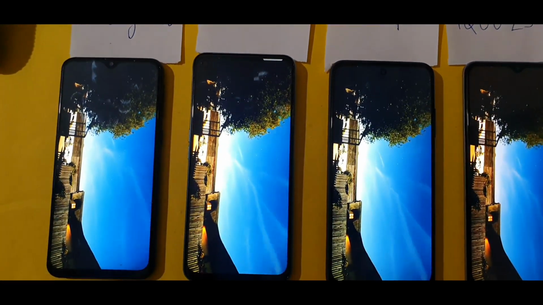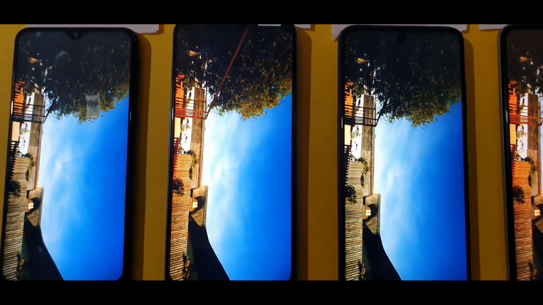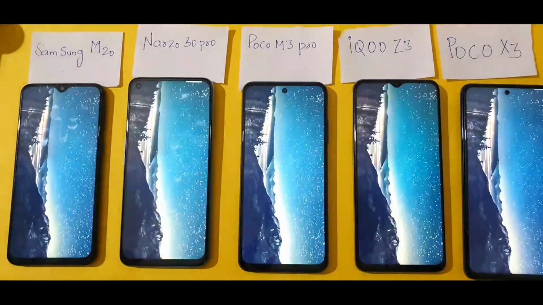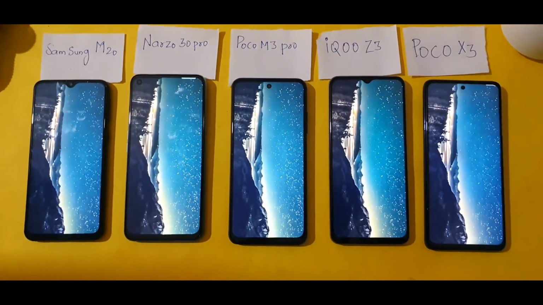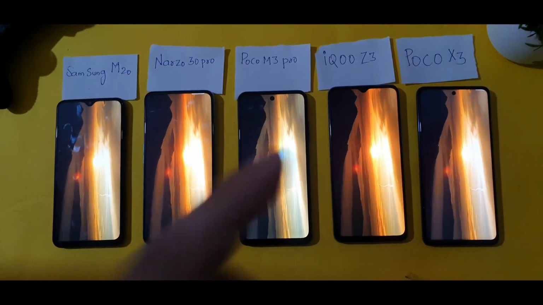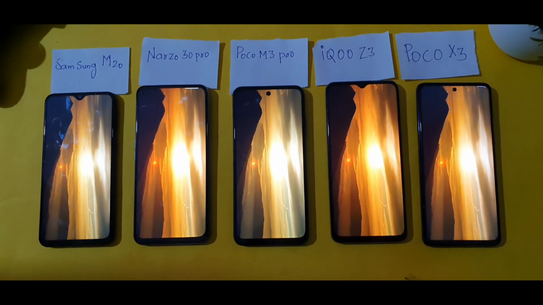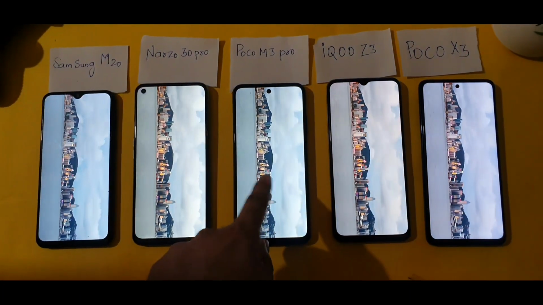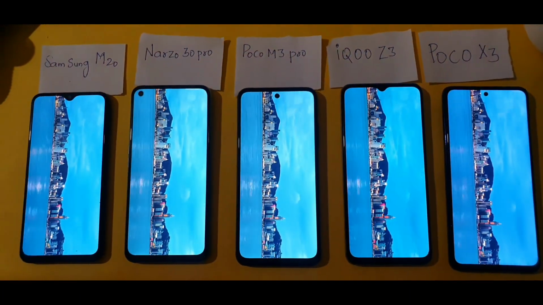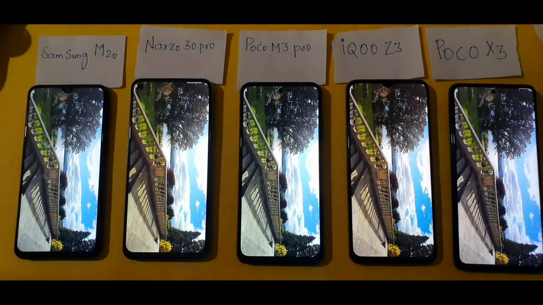I'm trying to bring this slightly to the top of the smartphone, so you know exactly which phone is behaving how. You can observe in this scenario as well which phone has got a brighter display, brighter screen, and more saturation, which looks like the IQ Z3. If you observe, we are getting a slightly more saturated look. And the Poco M3 Pro and the Samsung M20 do have kind of the same panels, the same kind of display. I'm getting that kind of feeling about the Poco M3 Pro and the Samsung Galaxy.